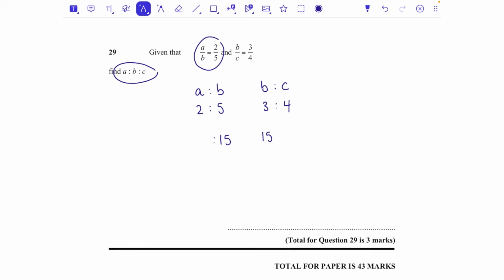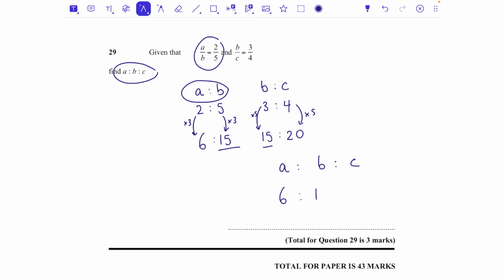You could go bigger, but you don't need to. Whatever you've done to this side, you need to do to the other side to keep this ratio equivalent. So I've times this by 3, I also want to times this by 3, and that's 6. With this ratio, I've multiplied that side by 5, so I also need to multiply this side by 5, and that is 20. And now that my B's are matching, I can say the ratio A to B to C is 6 to 15